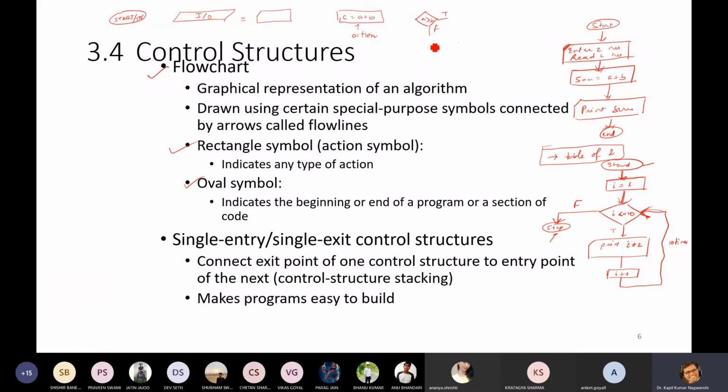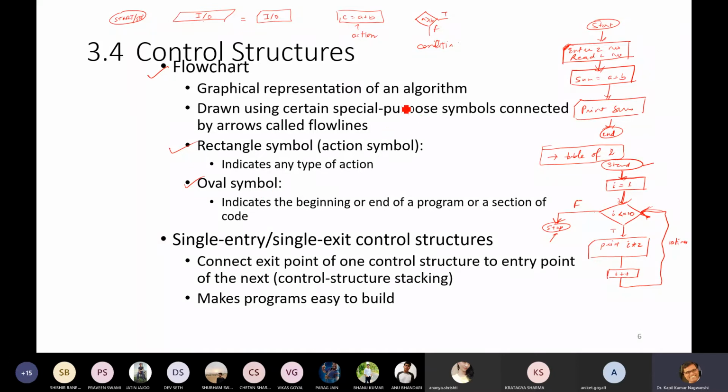So this is our condition. And this is for input and output, and this is also for input and output. This is the terminal, meaning the place from which the program will start, or from which a particular subroutine will start. Subroutine I will show you in functions. When functions come, we develop several subroutines.